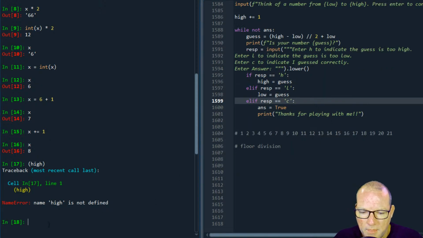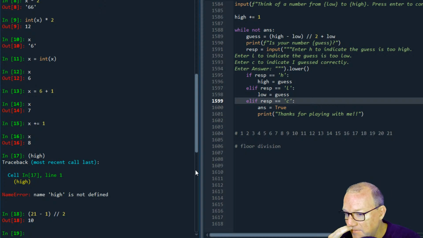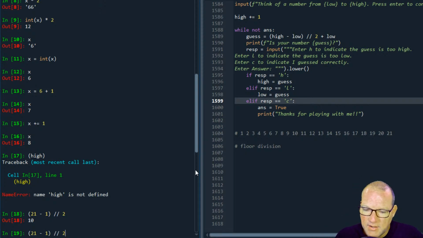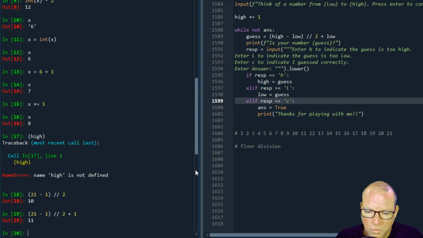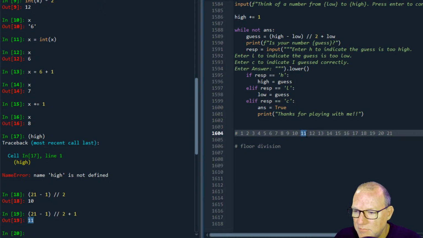No, all right. We'll just do this. So it was 21 minus 1 floor division 2. Let's do one step at a time. So then it was 10. Then I need to add 1. So then I get our midpoint, or our adjacent midpoint here.